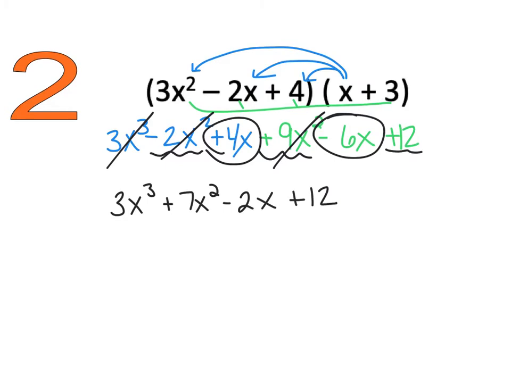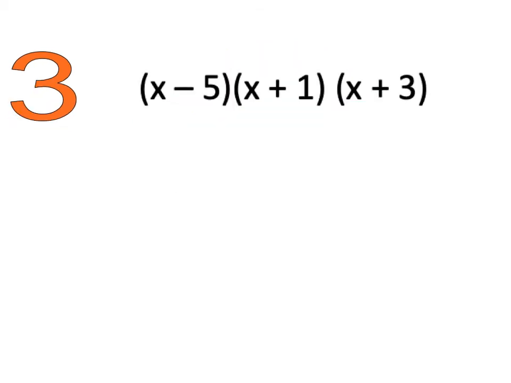So this is a cubic polynomial, degree 3, with a leading coefficient of 3 and a constant term of 12. In my third example here, I have 3 binomials multiplied together. So what I'm going to do is multiply 2 of them together, and it doesn't matter which 2. I'm going to decide to just bring down this x minus 5, and I'm going to make 4 multiplications